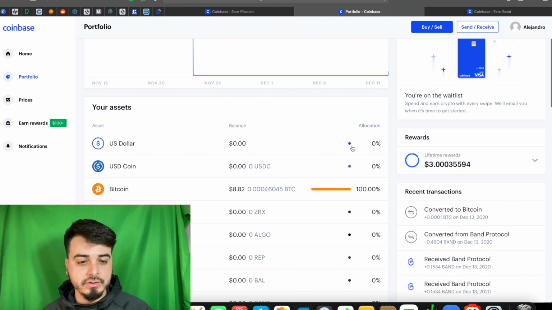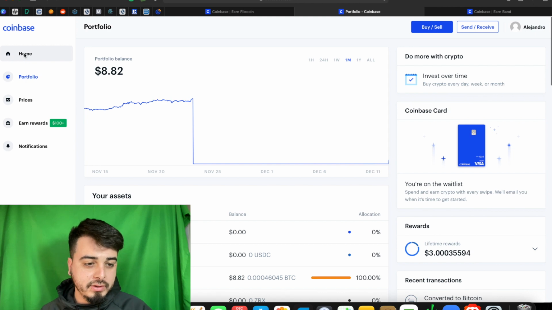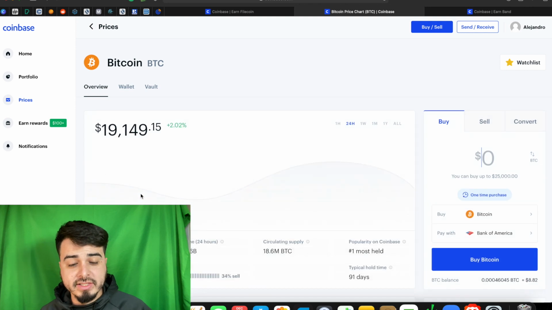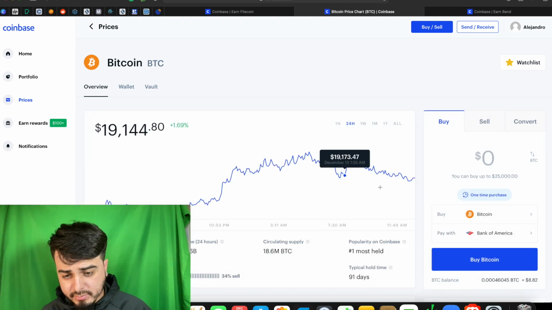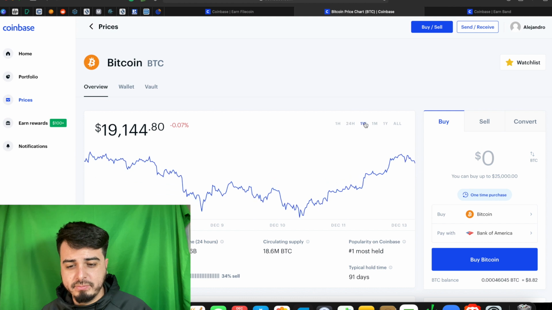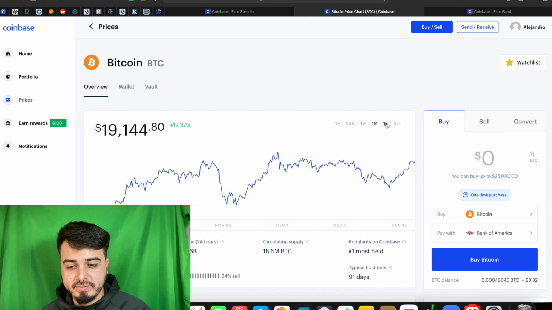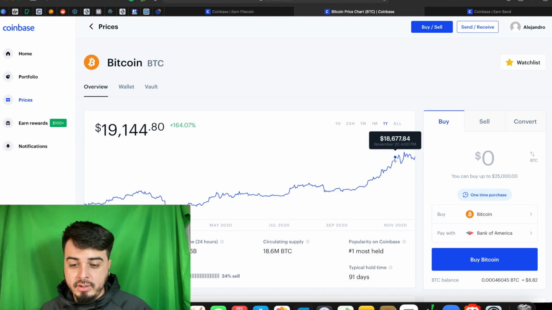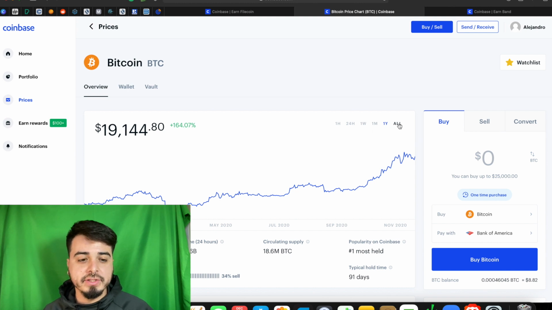Let's see. Let's go over Bitcoin. It's doing pretty amazing right now. Still dollar cost averaging into Bitcoin. Past 24 hours, it's pumped a little bit. Past month, 17%. This thing's insane, dude. Man, I wonder what's gonna happen. But dollar cost averaging is a good way to minimize risk, I guess. But do your research, invest in the coins you think are gonna make it, and just keep going, you know.